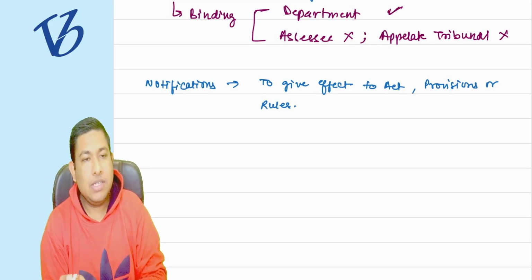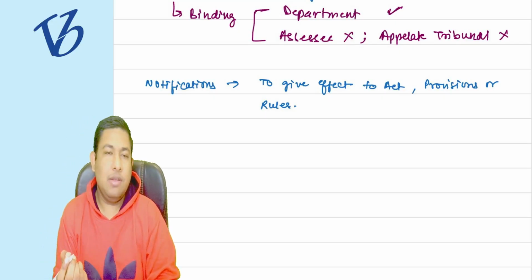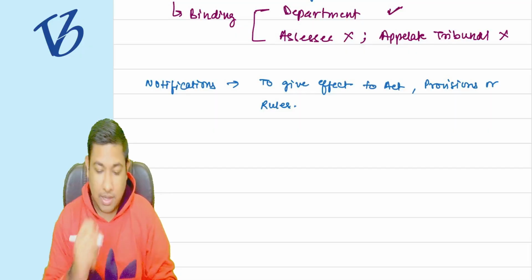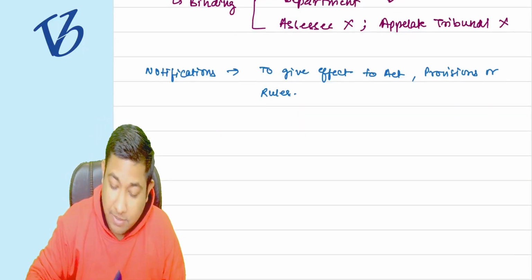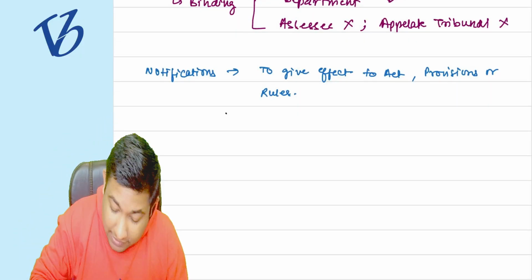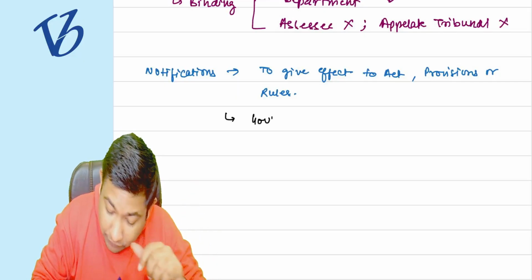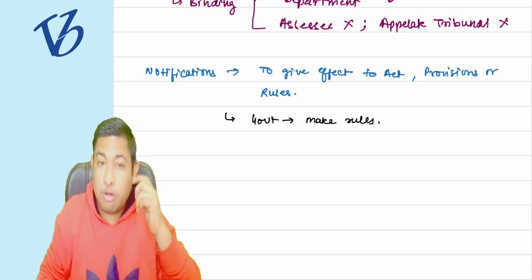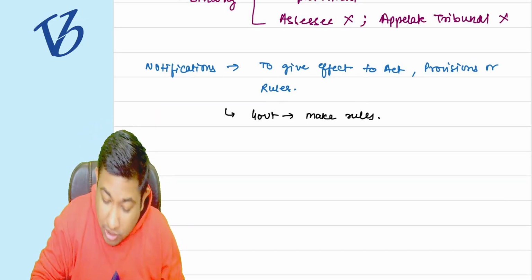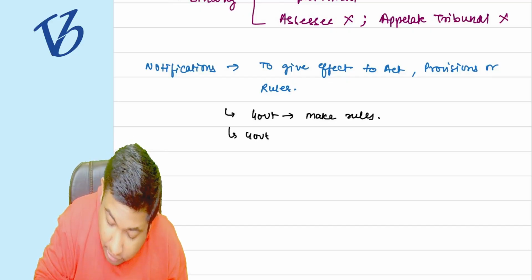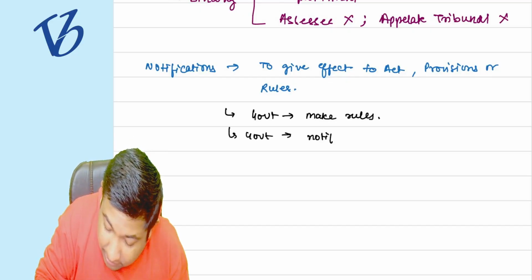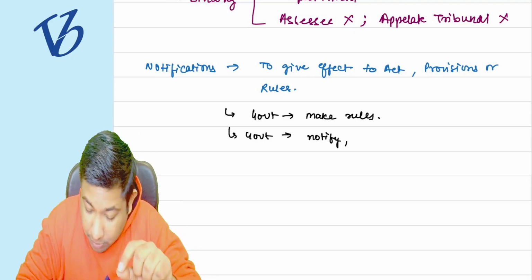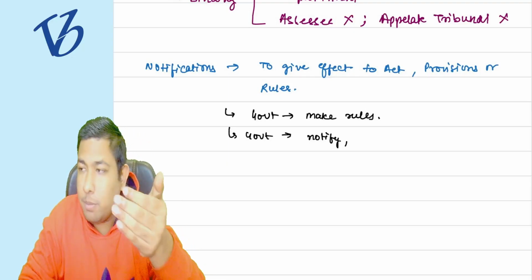See, whenever the act in the Parliament has given the power in the act itself that the Government of India can make rules, or the Government of India can notify that this particular provision will be applicable from which date,